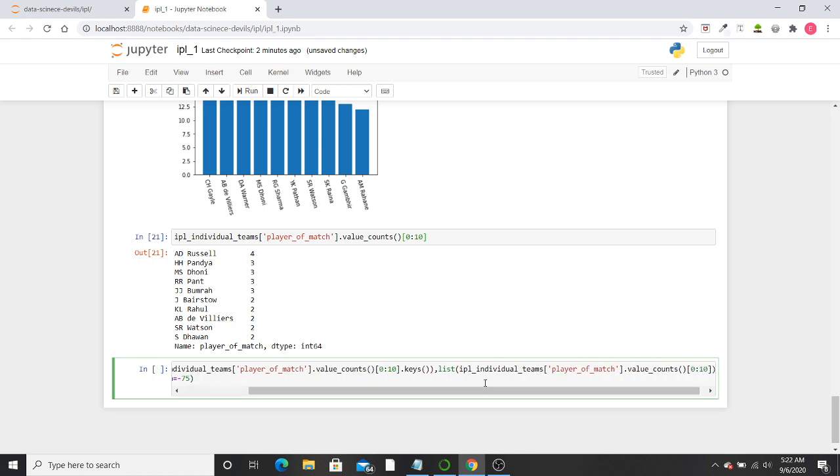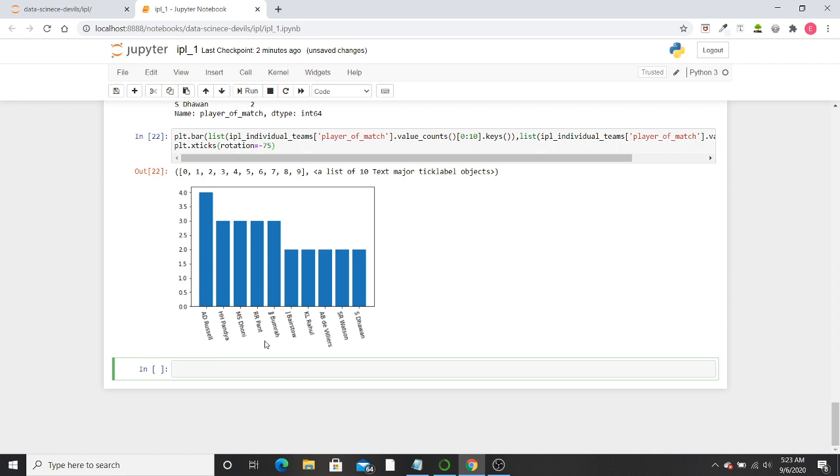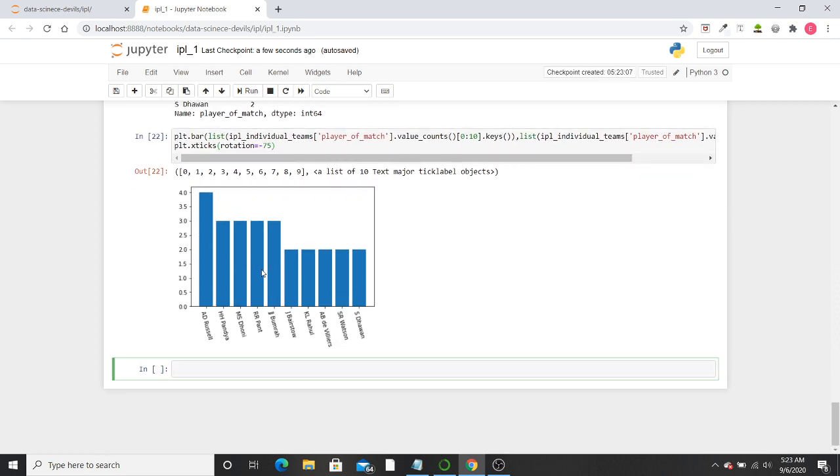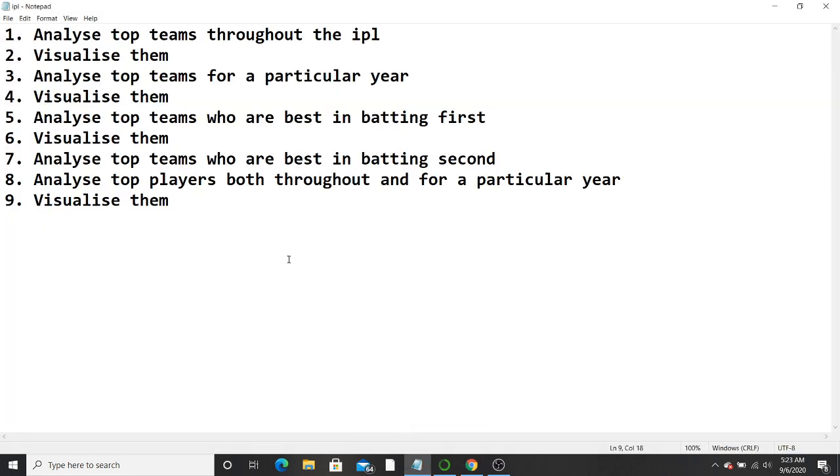Okay, so again shift enter, and it has given the same results. So now I'll check if anything is left. So no, we have covered all these 9 points.